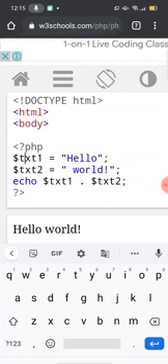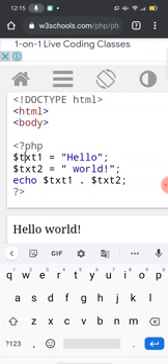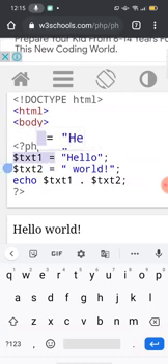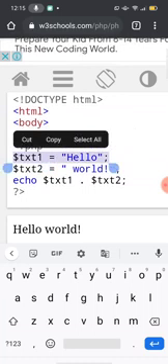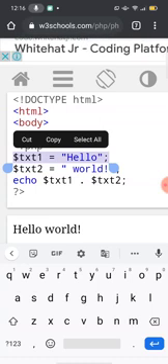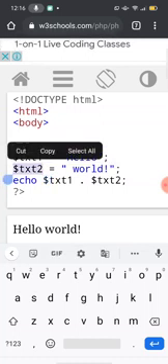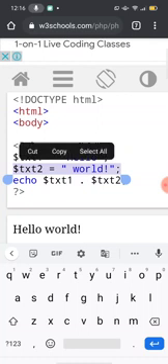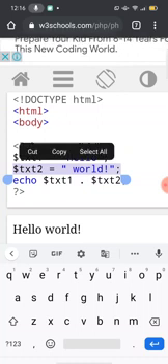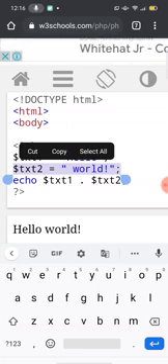Hello is stored inside double inverted commas, after which we have given a semicolon. Okay, $txt2. Inside this $txt2, world has been given. $txt2 is equal to world, inside double inverted commas, semicolon, echo.